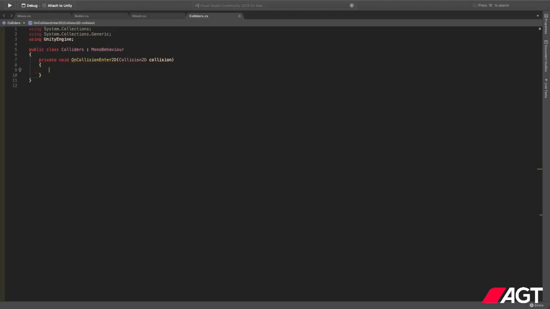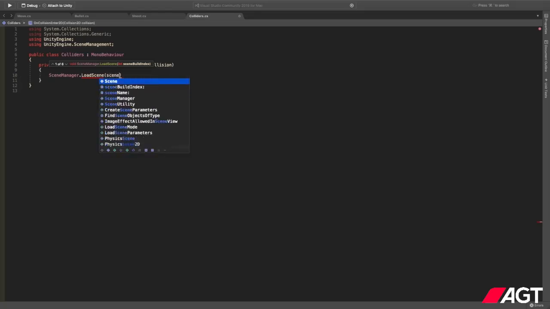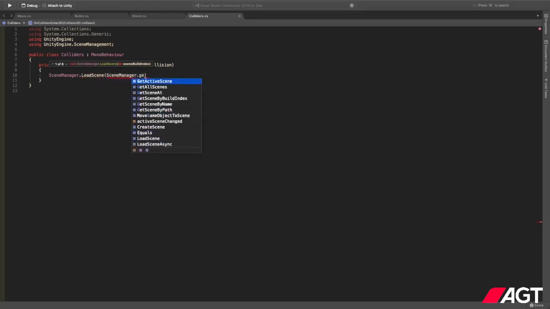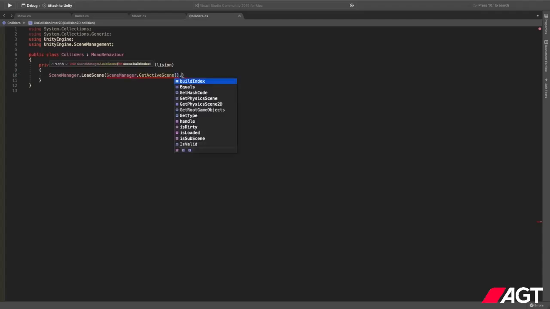We will use this method, and for now what I want to do is just to reload the scene when I hit the map. So to reload or load another scene, we need to use another library. This time we need UnityEngine.SceneManagement, and now we can use SceneManager.LoadScene, and we want to reload the existing scene. So SceneManager.GetActiveScene().buildIndex of this scene, and that's all for